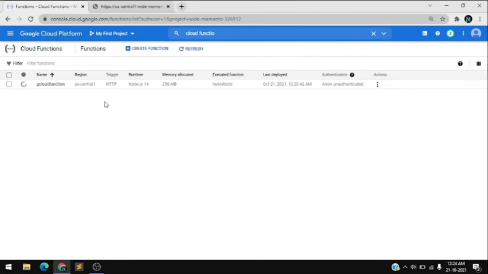Runtime is Node.js 14. Memory allocated to the function is 256 MB, and the executed function is hello world. And deployment time and date are available here, and authentication options are shown here. Okay, so creating a function takes a few minutes, at most 1 or 2 minutes, so just wait.